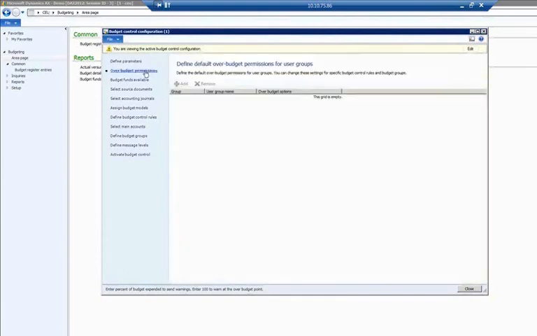Let's take a look at the over budget permissions. The settings on the over budget permissions tab are used to determine if specific user groups have the ability to exceed budget funds available or are restricted from exceeding budget funds available or budget thresholds. The settings that you define in this form are used as defaults and can be overridden for a budget control